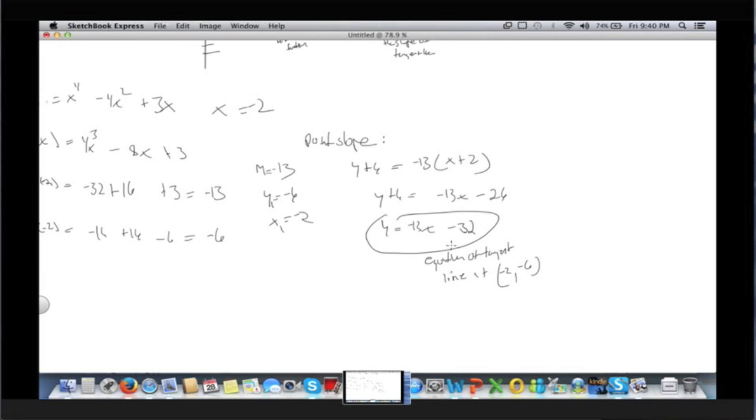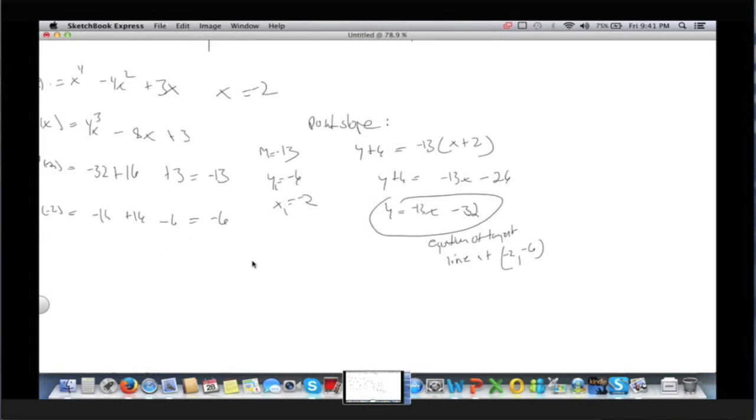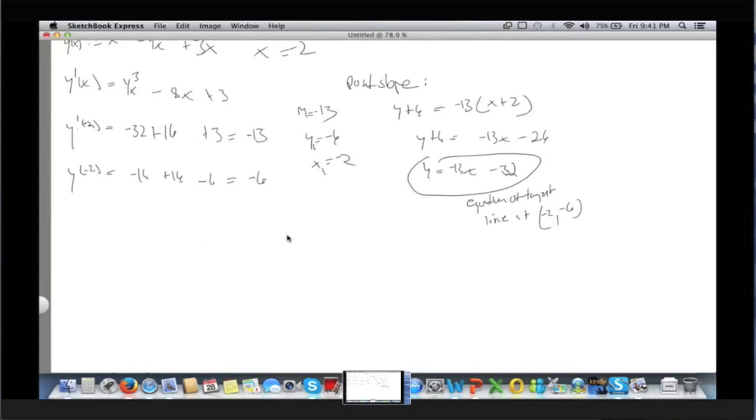Okay, good. So let's see. What's the slope of the tangent line? The slope of the tangent line is, it's -13. Okay, good. Now let's draw a graph of that, but let's put that on our previous graph so